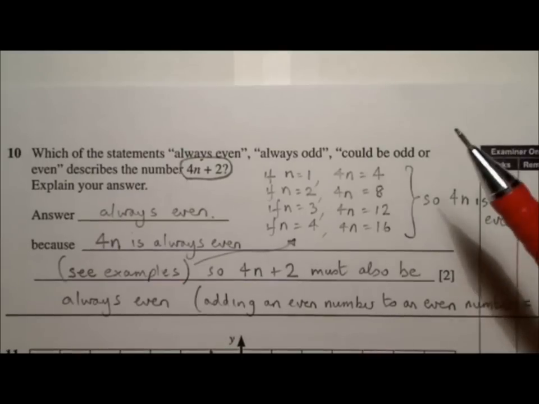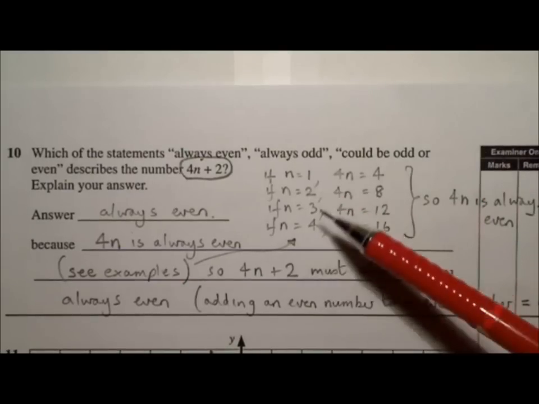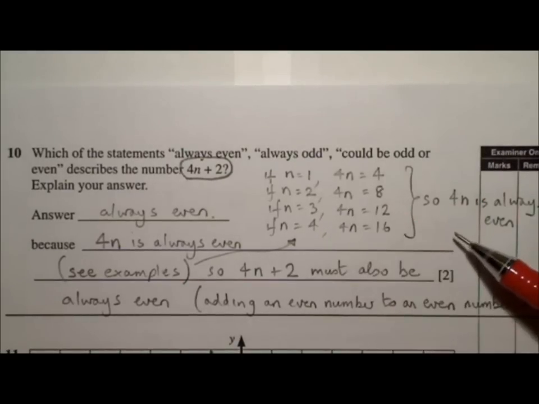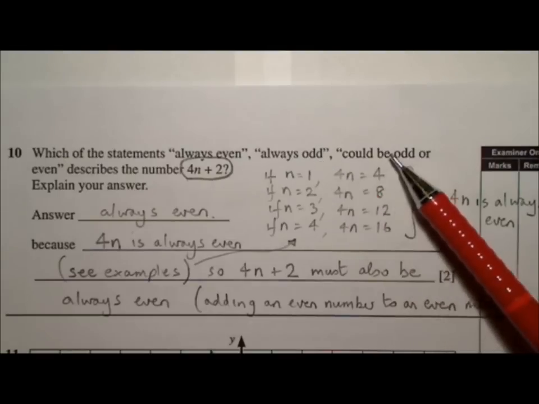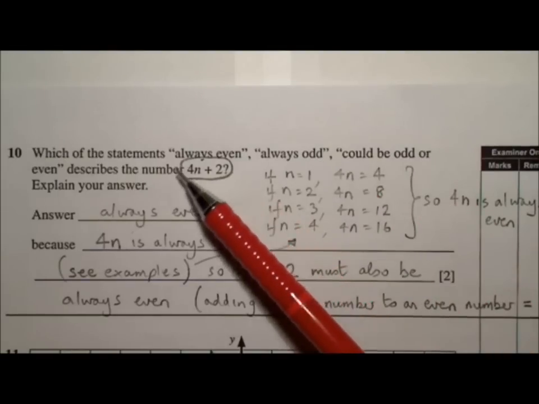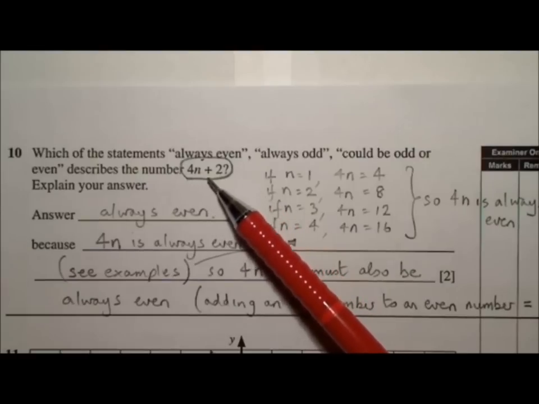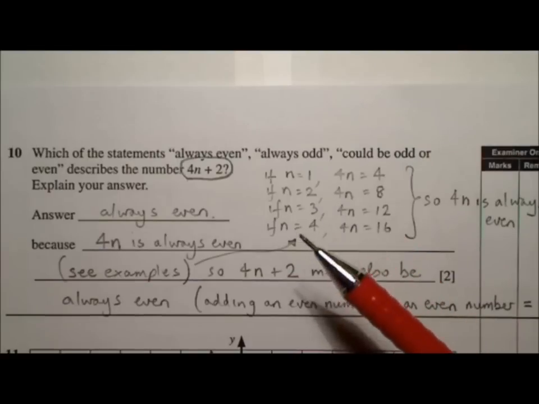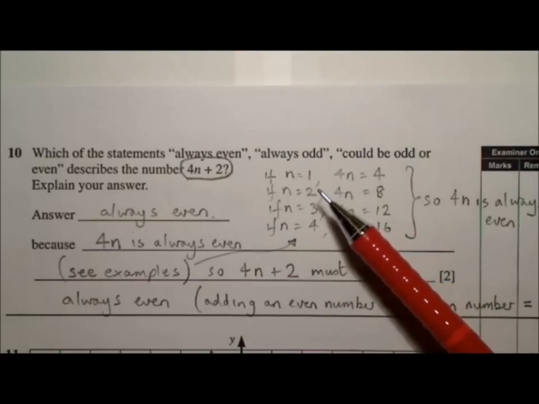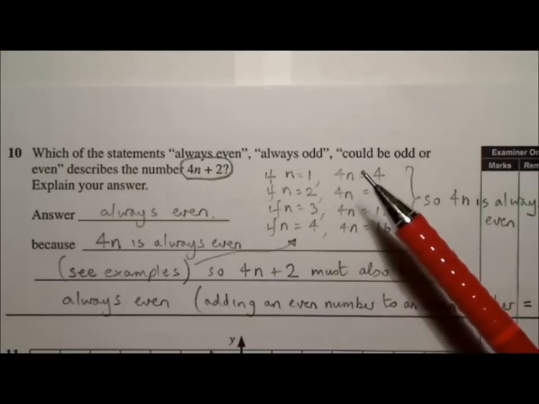Okay, so for question 10, this is one of these ones where they're asking to investigate a number pattern to decide whether it's always even, always odd, or it could be odd or even. And they want you to look at this 4n plus 2. And the solution to these is to take different values of n and see whether the answer comes out to